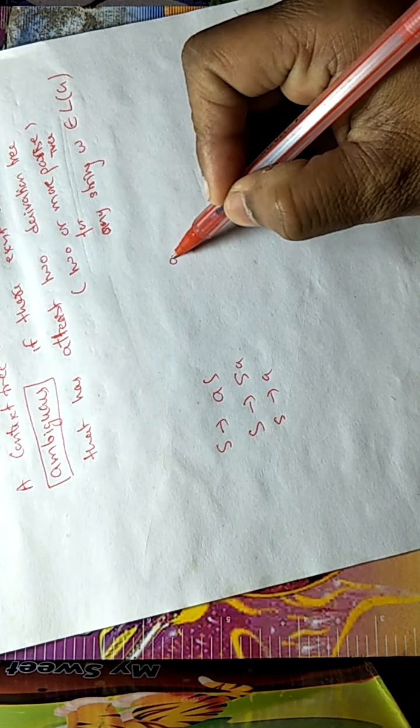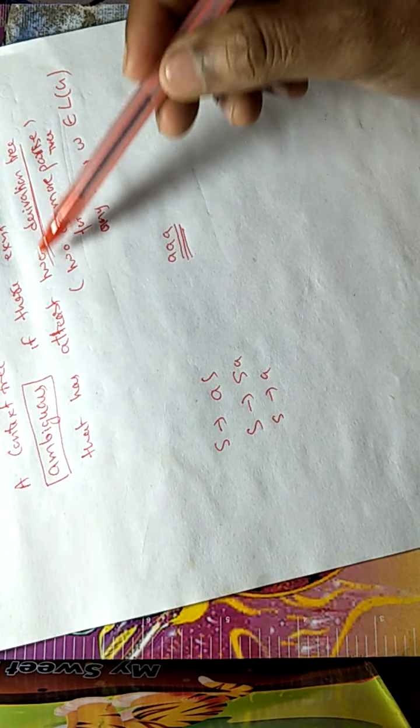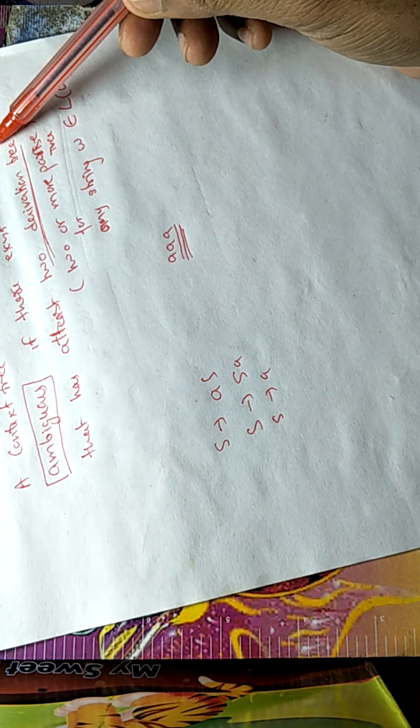and we are able to find a word that can be derived from this grammar and that has more than one parse tree. It means it has many derivations, and the derivations have different parse trees. Suppose I am deriving AAA, and that string you need to find yourself from this grammar, and you need to find at least one string that has two or more derivation trees. Minimum requirement is two derivation trees for a single string that belongs to the language.